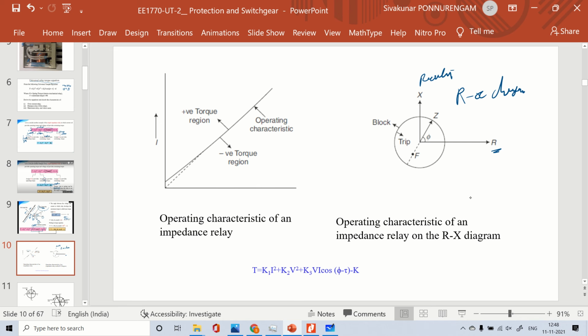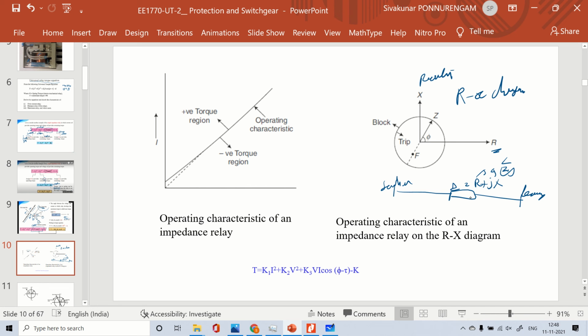Suppose you have a transmission line, so this is one bus. Again, this is the sending end, and this is the receiving end. Each line has some impedance, so R plus jX. So this R quantity and jX quantity, which means the Z value, is less than this boundary,